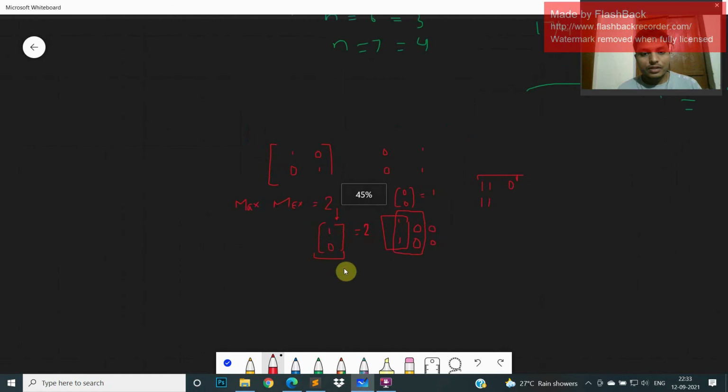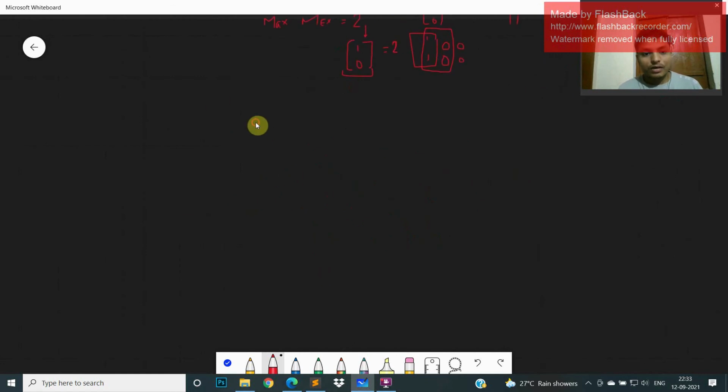So what we are doing is, like, this is the substring, something like 1 1 1 1 0 0 0 1 1. What we do is we start from here. Here we encounter 1 comma 0, so the MEX will be 2. So we just stop there, because the MEX of this is 2, and the maximum we can encounter is 2.